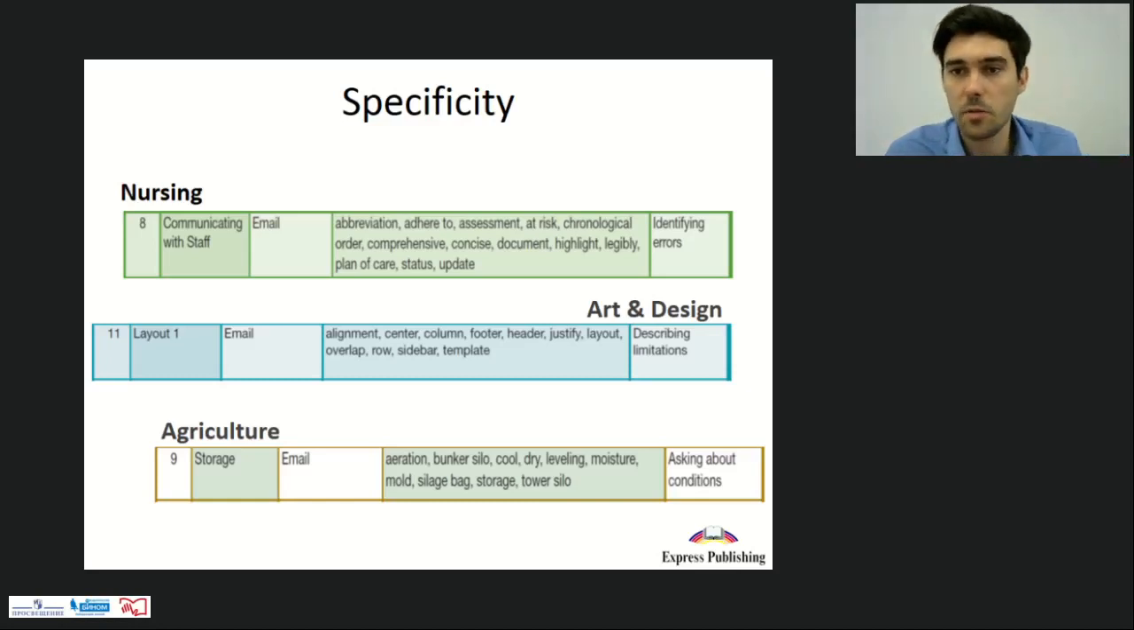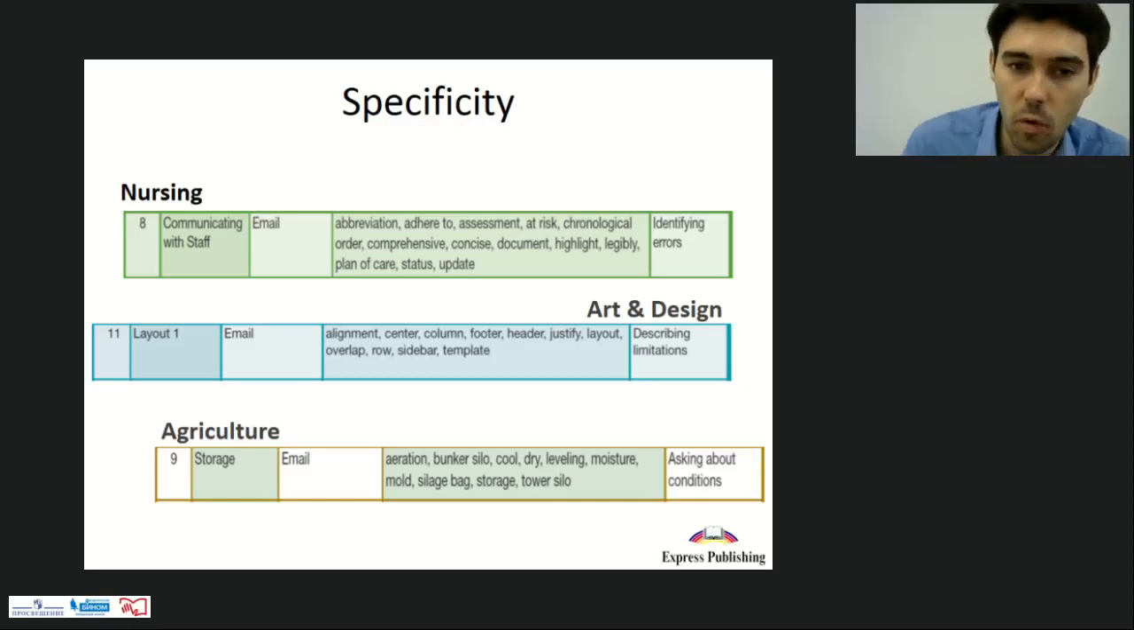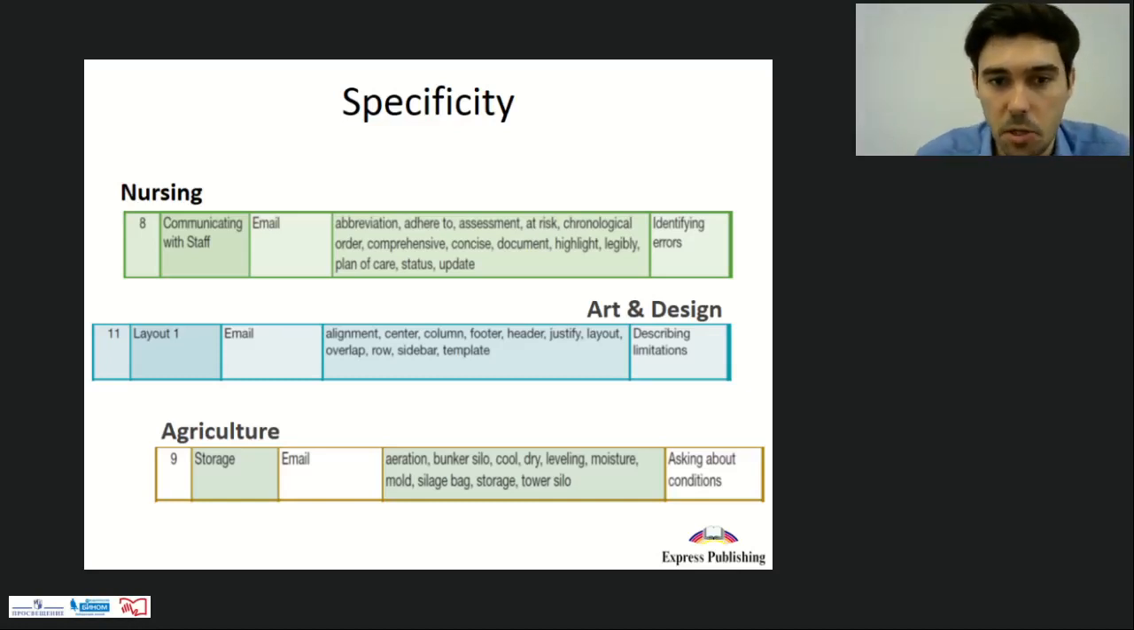In this email, the learners will be describing the layout of a picture which relates directly to one area of their job, and for this we're providing them with, again, specific vocabulary, so alignment, center, column, for example. And in this email, they'll be describing the limitations of a picture. So the overall point that I want to show with this slide really is that this is how specificity can come into play